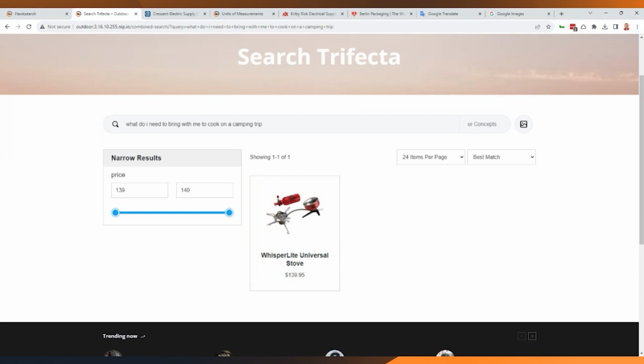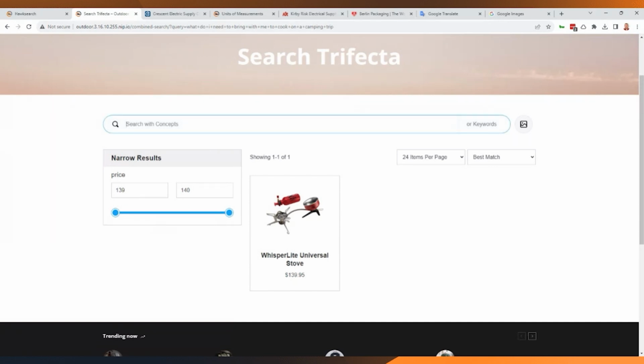It's not understanding the intent. It's not understanding the concept of what we're trying to search against. So to demonstrate that, now if we go over to this concept search, this is going to look at all of the product catalog. It's going to look at all of the same kind of data, the names of the products, the categories of the products, the short descriptions, the long descriptions, the attributes, and it's going to look at those not from a perspective of an exact match, but what do the terms that are in those data actually mean?